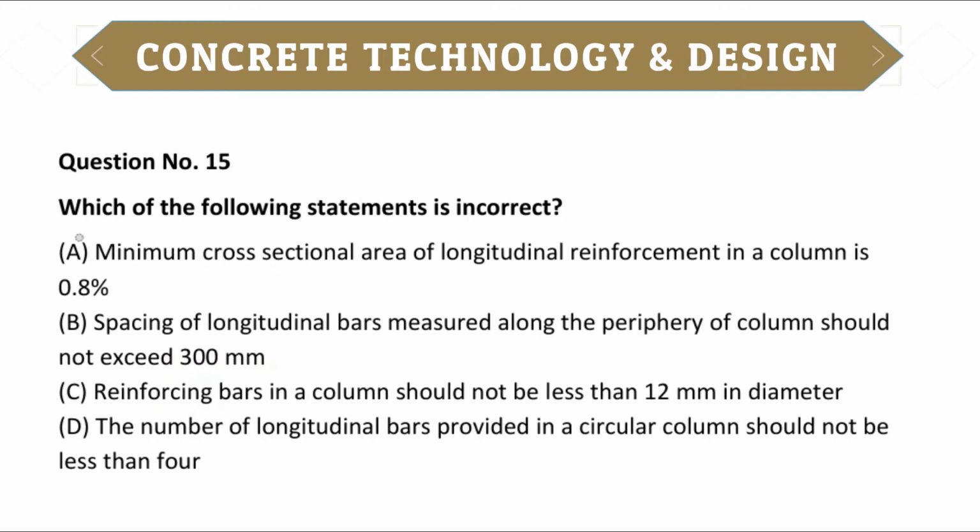So next question, which of the following statements is incorrect? Option A, the minimum cross-sectional area of longitudinal reinforcement in the column is 0.8%. Option B, spacing of longitudinal bars measured along the periphery of the column should not exceed 300 mm. Option C, reinforcing bars in a column should not be less than 12 mm in diameter. Option D, the number of longitudinal bars provided in the circular column should not be less than 4. So the correct answer is option D, the number of longitudinal bars provided in the circular column should not be